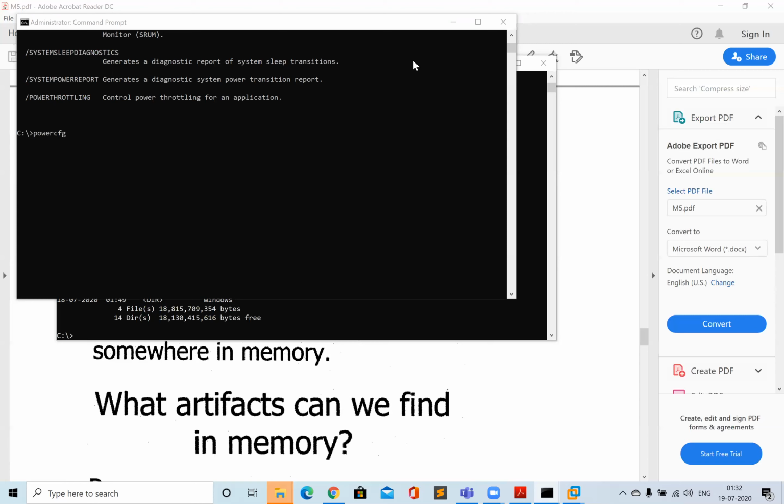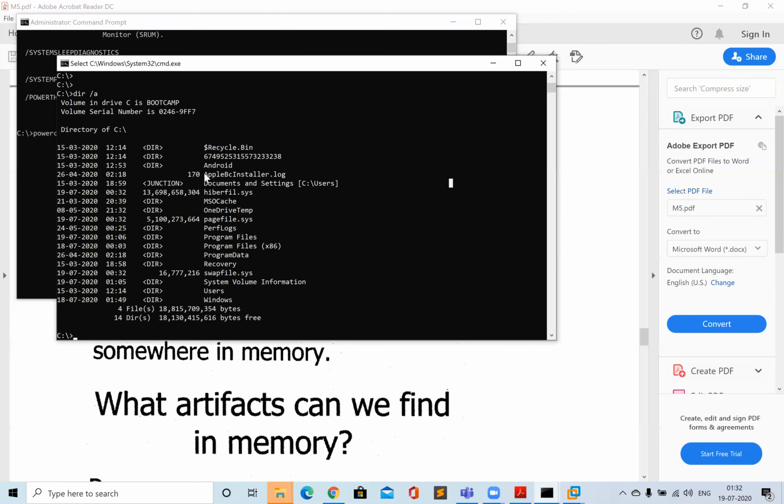So I was talking about the powercfg command, and you can actually change the size of the hiberfil.sys. Now we have the hiberfil.sys, and the question is how the Windows operating system knows whether this time it needs to resume from hibernation or perform a normal boot of the system. When you do the hibernation, it creates the hiberfil, and at the start of the binary of that hiberfil.sys is a mark. Next time I turn on the system, it will ask if I want to resume from hibernation, and I will say yes.